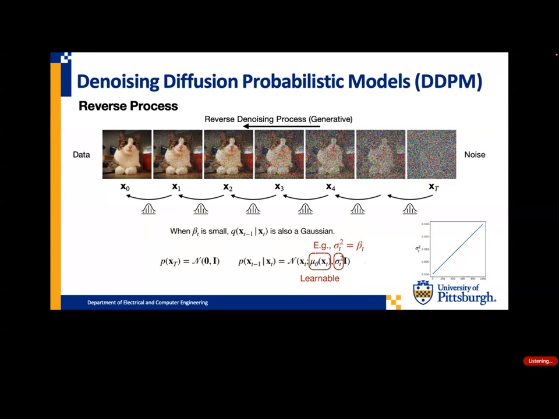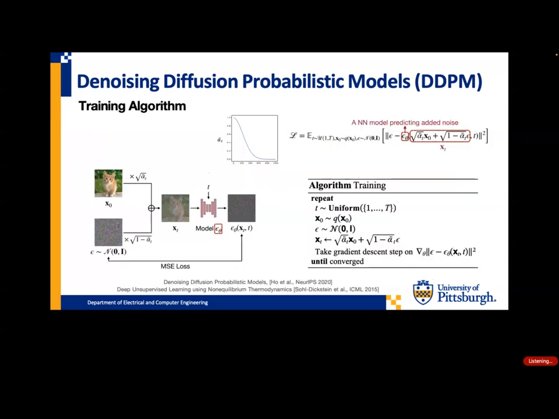So basically it says when beta t is small enough, the step is small enough, to get the previous step from the latest step is also a Gaussian process. So the noises we're adding also follow Gaussian noise. So that's the idea. So let's see how do we then